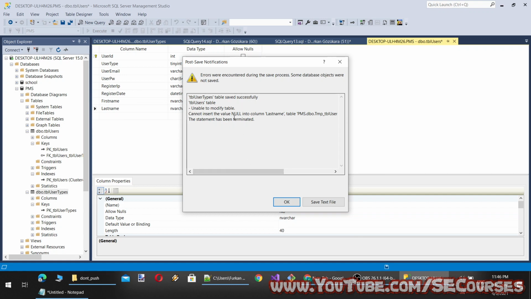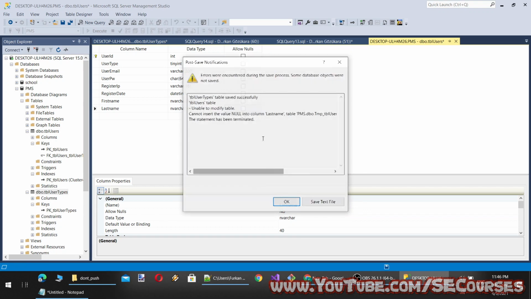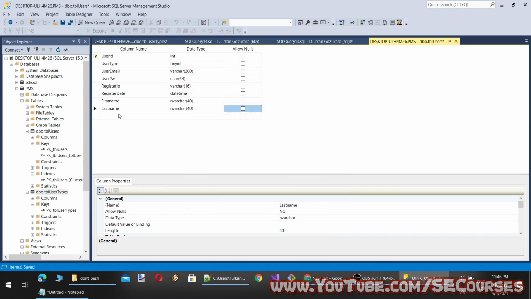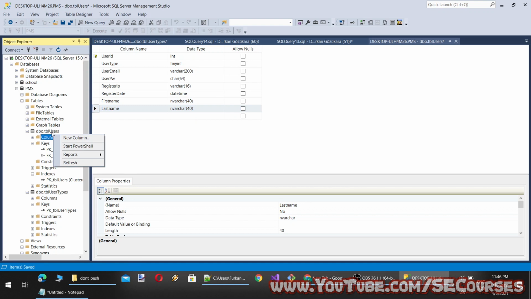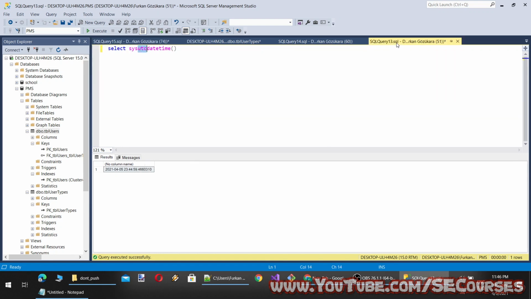Okay, it says that we cannot insert null value because there are some records in our table. Oh, we didn't pick the allow nulls. Oh, we have to delete this existing record. Why?